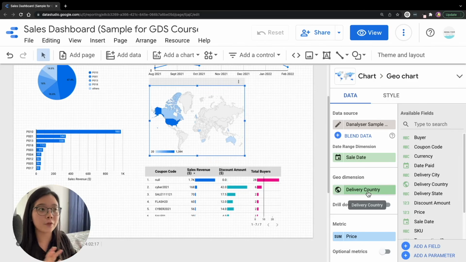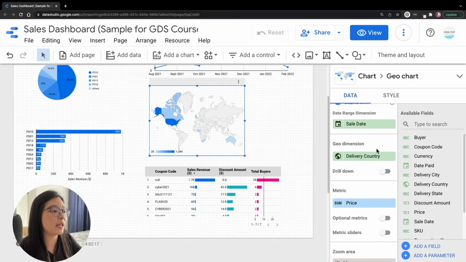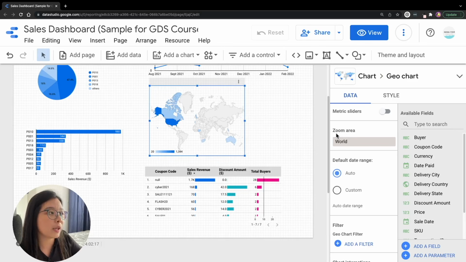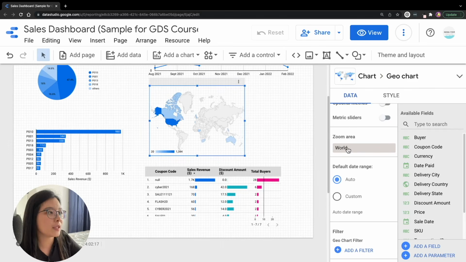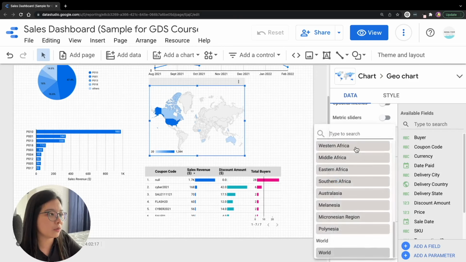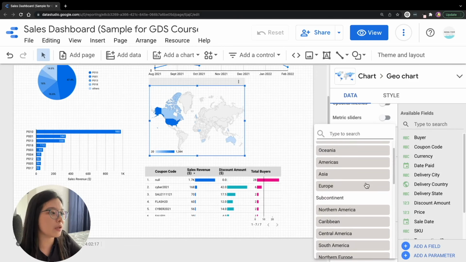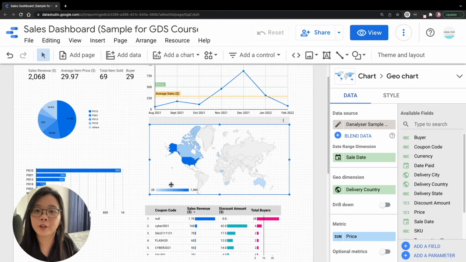So the advantage of using this chart is that it has this zoom area that you could use. So right now it's zoomed to the world, which is the default one. If, let's say, we click on this drop down, we can actually set it to the continent or subcontinent. Other than the country, we can also visualize the map using the latitude and longitude, which I have already